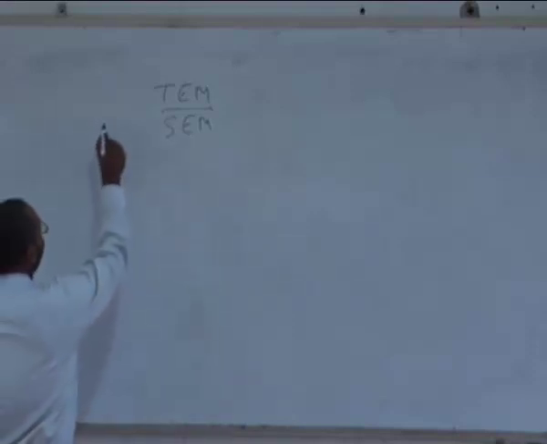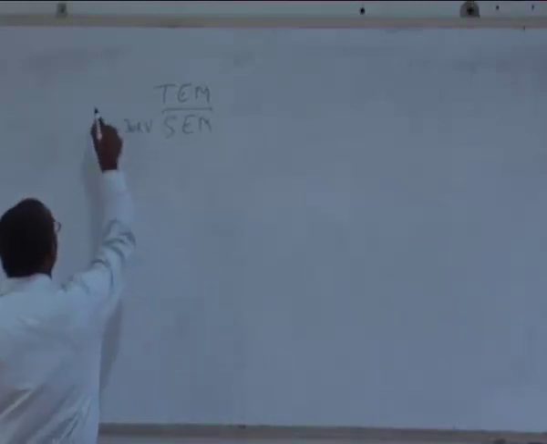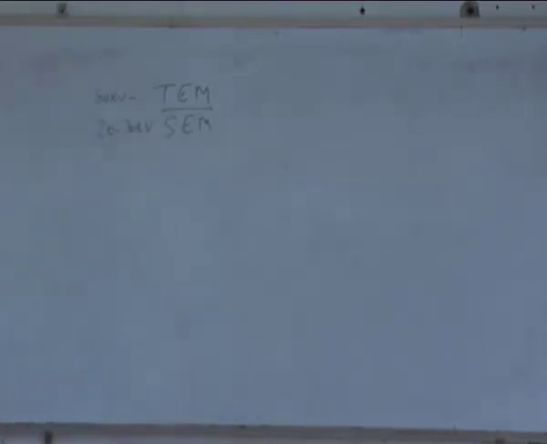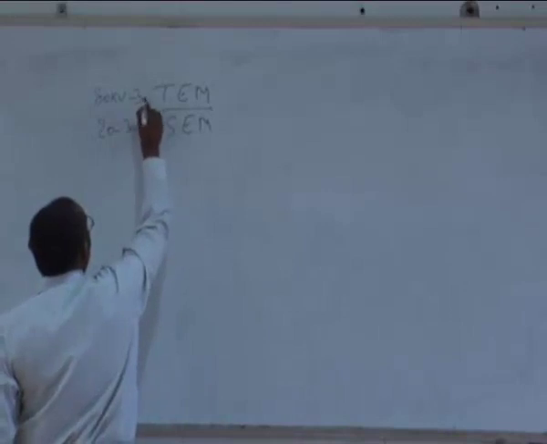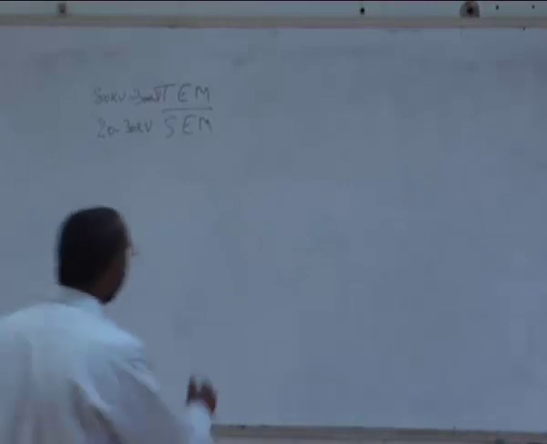The simple difference between these two is that the voltages we use are in the range of 20 to 30 kV for a scanning electron microscope, and for a transmission electron microscope it ranges from 80 kV onwards. As I mentioned in the previous class, I have even seen a microscope which has 3000 kV. But generally you don't use such a high kV, because in recent times people have known that there is no point in going to very high voltages. The reason why people in earlier days thought of going to very high voltages is from this equation,